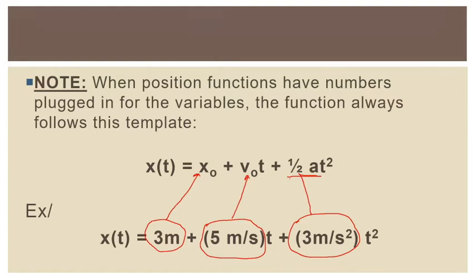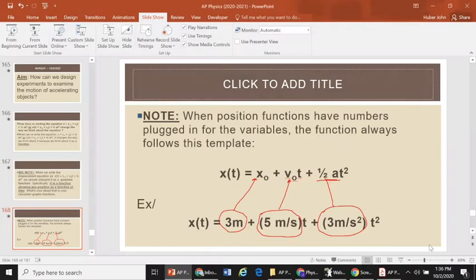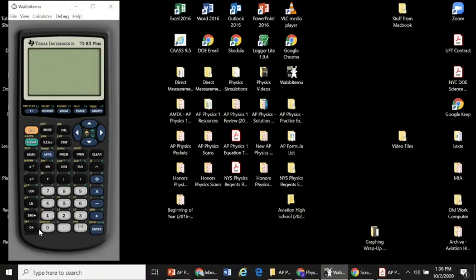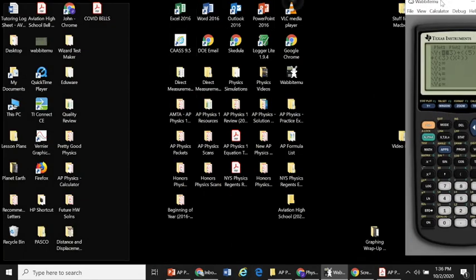And additionally, if you know these variables about any object, then you can write an equation for its position as a function of time. And that's very important because that allows us to do a lot of things, specifically because you have a graphing calculator. So let's take a look at that. Let's say you knew an object had these variables associated with its motion. Well, you could go to your graphing calculator and go to the y equals function